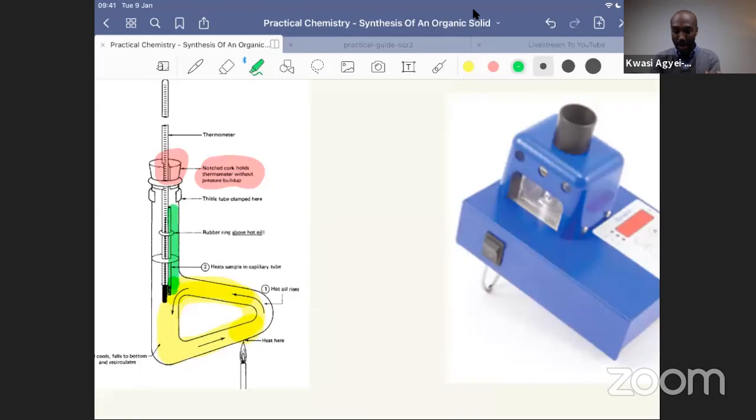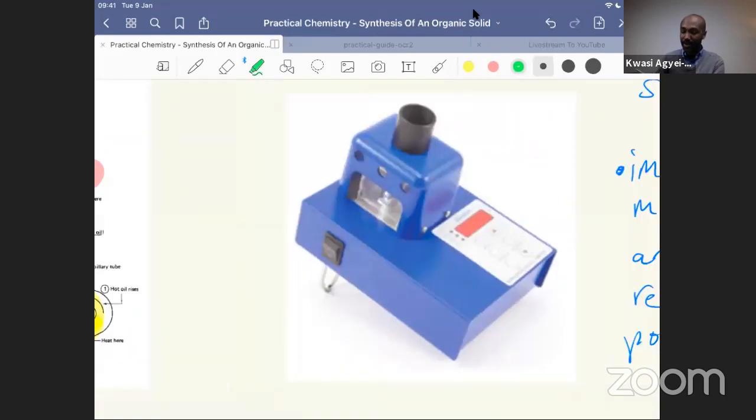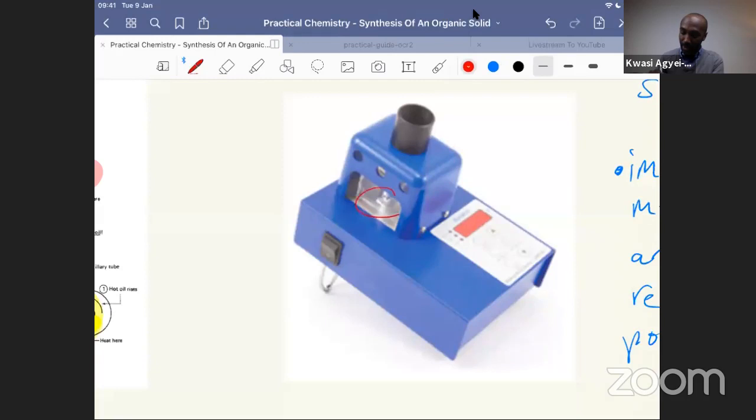So that is your Thiele tube, and the apparatus to the right is a slightly more modern version of a melting point apparatus. And this time round, there are no heated liquids or oils. What you've got instead is a heating block, a steel block with holes in it into which you can insert your capillary tube. So I'll annotate that: the steel block with holes, the capillary tube,